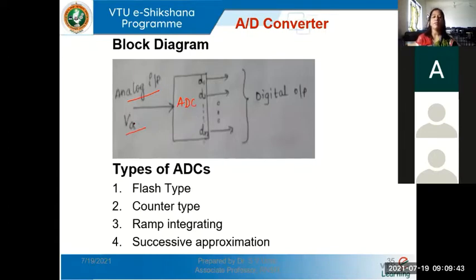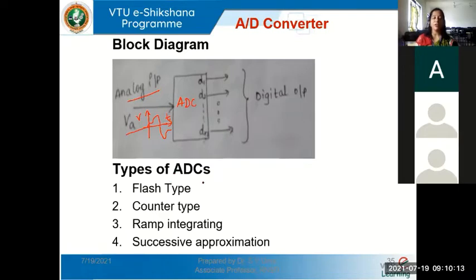It will convert this analog input. So we considered an analog input like this. The analog signal can be anything which has a voltage varying continuously with respect to time. It will be converted into digital values like this. And these digital values are usually in binary representation, which we commonly use.